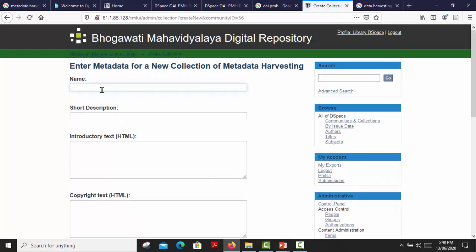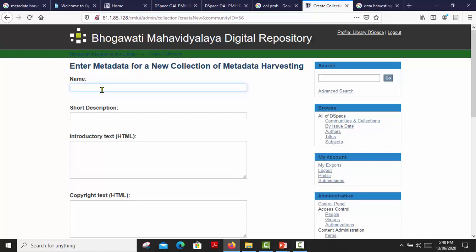There are three ways we can harvest data. First, in DSpace we can harvest only the metadata of the content.